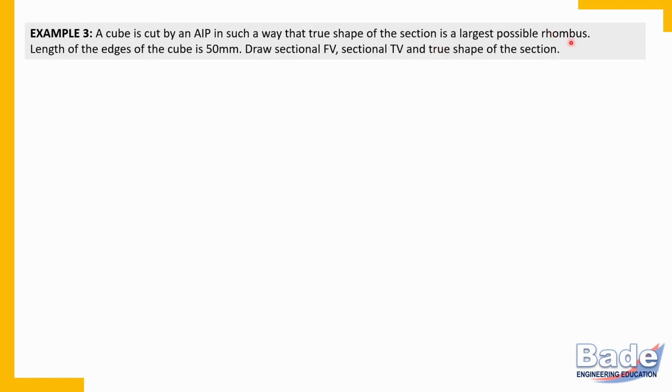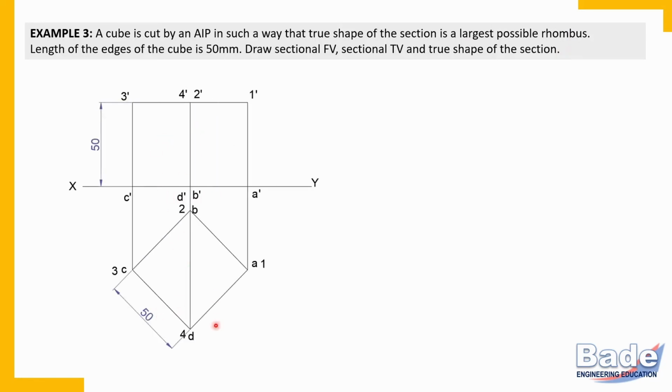So, largest possible rhombus. For the rhombus, we are going to locate the cutting plane. How to achieve that? Listen. Draw the front view and top view of a cube resting on HP. Now we know that if the cutting plane cuts the base in this manner, horizontally, then the true shape of the section is a square. If we draw the cutting plane slightly inclined, when it cuts only face edges and all the four face edges, then